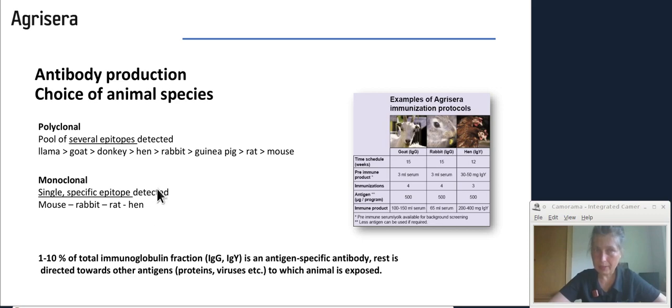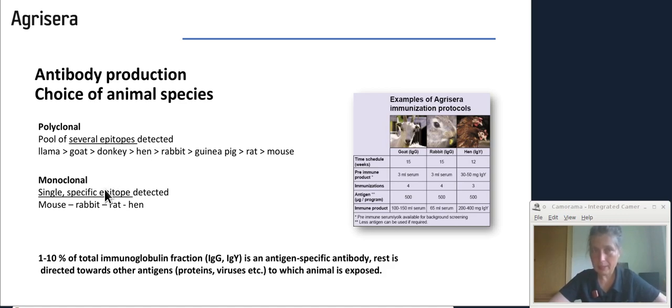Let's go back to antibody production. When it comes to an animal species which is chosen for antibody production, we have different possibilities. And here I have ordered them in respect of amount of serum which can be obtained from a given species. Please remember that polyclonal antibodies will recognize a pool of several different epitopes,